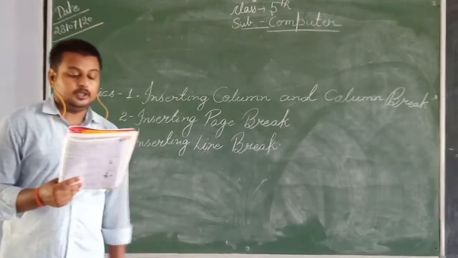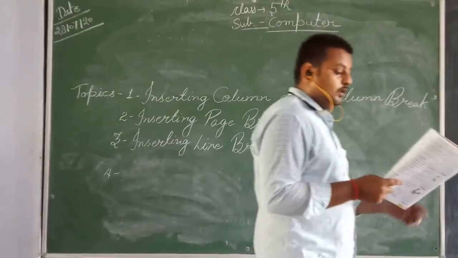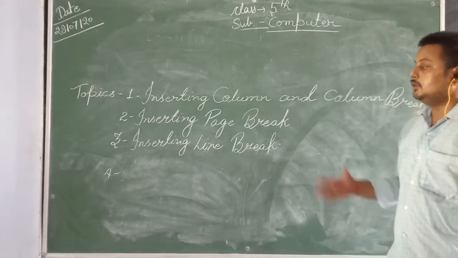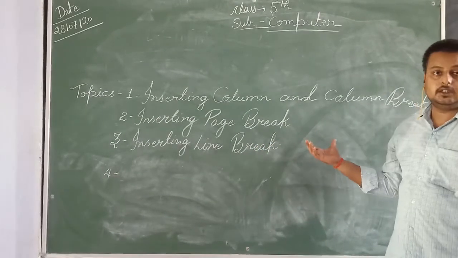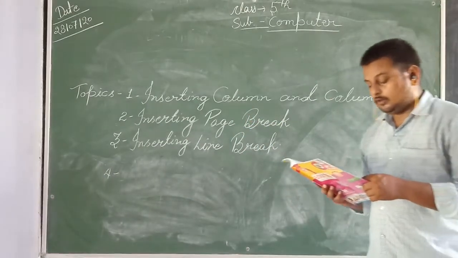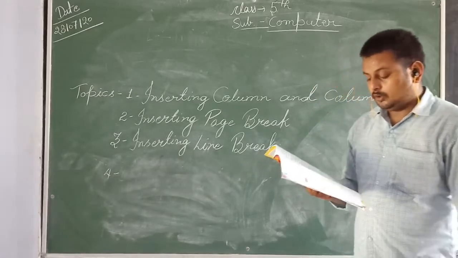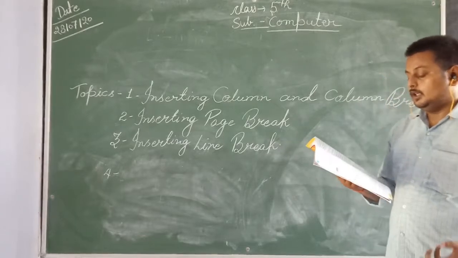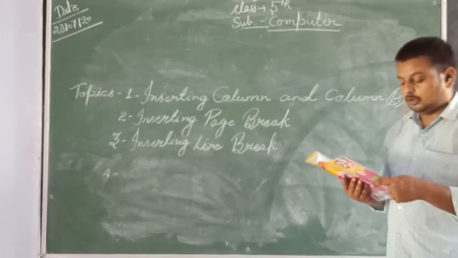When you type in Microsoft Word, by default the text is displayed in a single column style or in a paragraph style. Whatever you write in MS Word 2013 or 16, whatever version you have, whatever line or paragraph you type will display in one column. If you wish to format a document in newspaper style, then column style Word enables you to create a document in 2 or more columns.